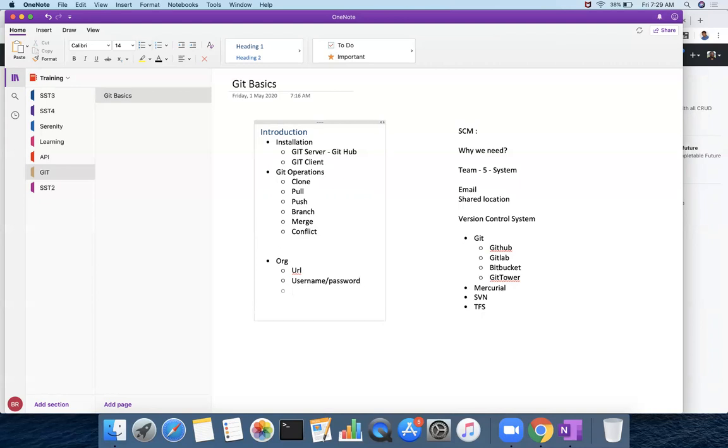Then they ask you to work on the project. When you get that scenario, what is the first thing you have to do? You should be able to get the code into your system first. Get the code.